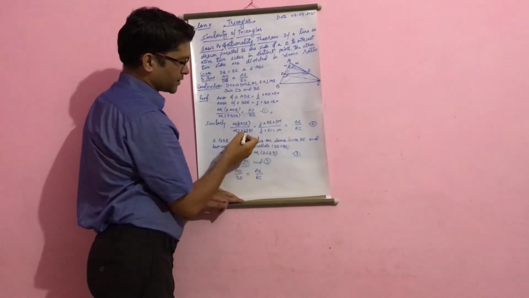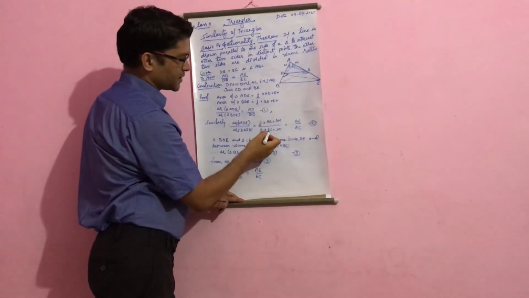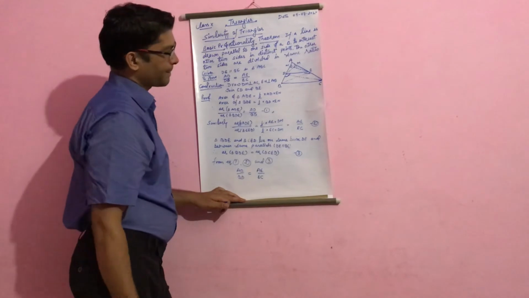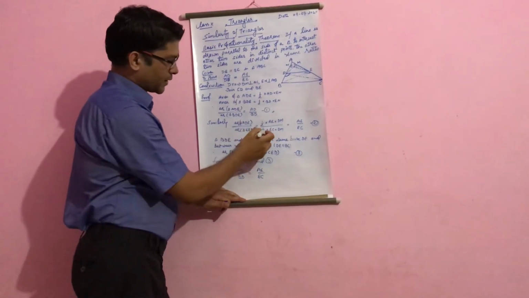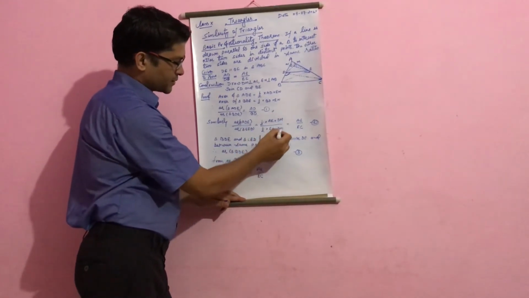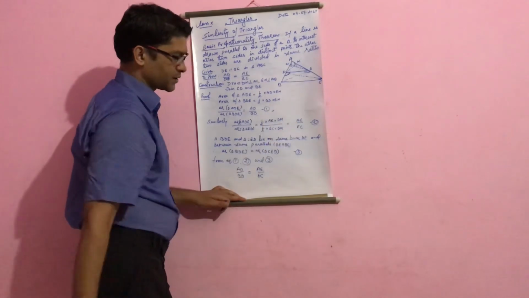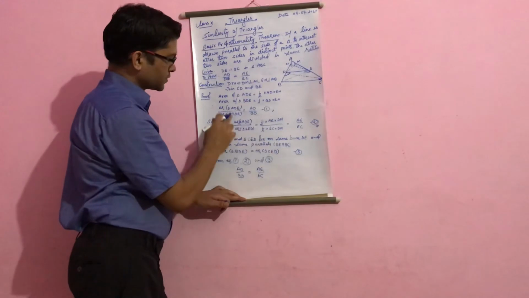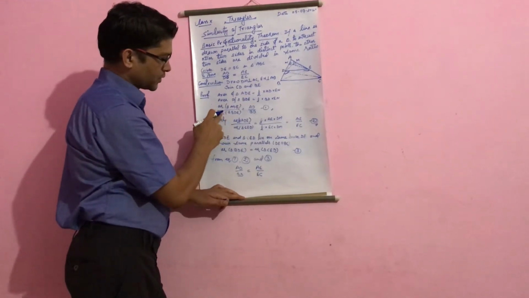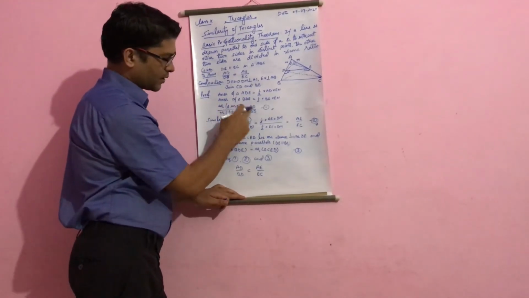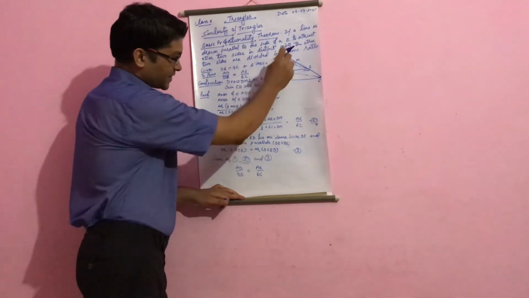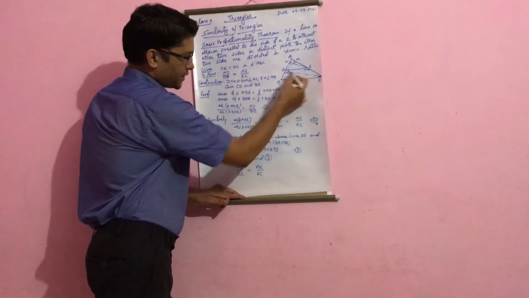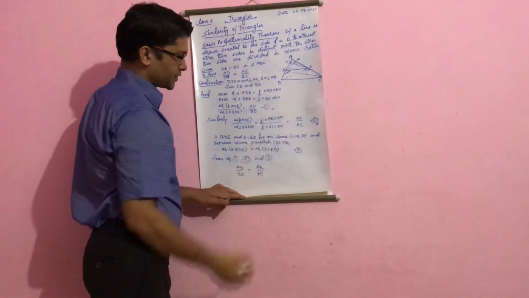So the area of triangle CED will be half base EC into DM. So in this ratio again half and half cancel, DM and DM cancel, and it is equal to AE upon EC. This is the second equation. Look at these two equations. Area of ADE to area of triangle BDE is AD upon BD, and area of the same triangle ADE to area of triangle CED is equal to AE upon EC.